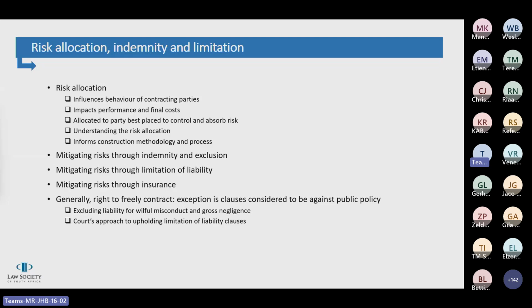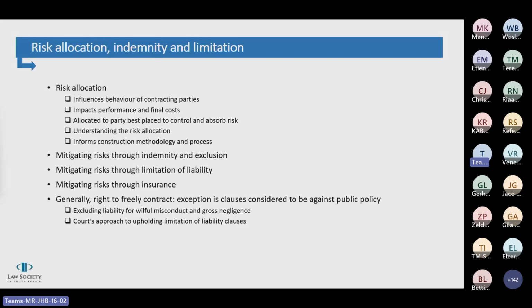Okay, so that is then dealing with exclusions and limitation clauses. Moving over to mitigating risk through insurance. So you will always see provisions in the construction contracts dealing with which party has to take out which insurance. And insurance cover is really just bought to neutralize or to reduce the consequences of the insured risks. And the risk stays with the party to whom the risk is contractually allocated, regardless of who takes out the